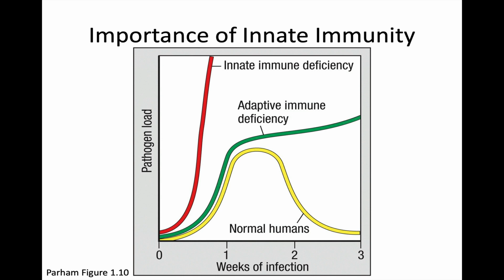And eventually, we stop that reproduction. We don't let that microbe keep reproducing exponentially anymore. We stop it at this peak. And then we control and clear that microbe and get back to basically zero of that microbe. That's what should happen. There are a number of patients who have been described who are missing an adaptive immune